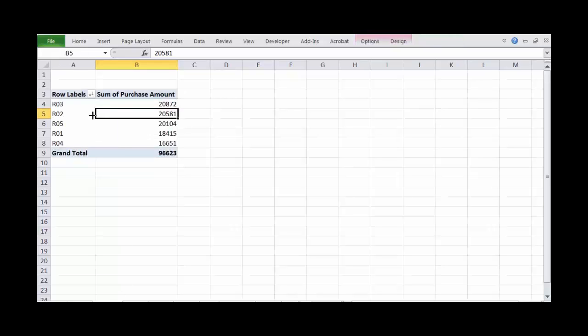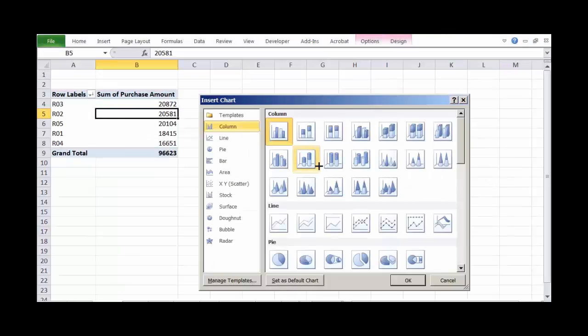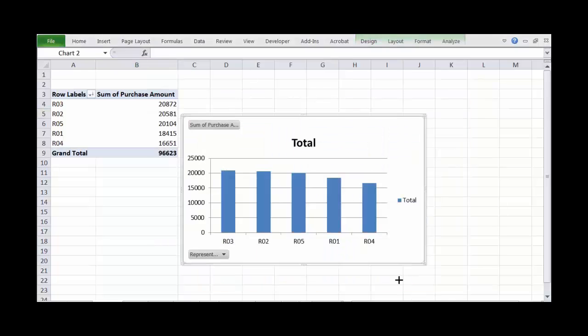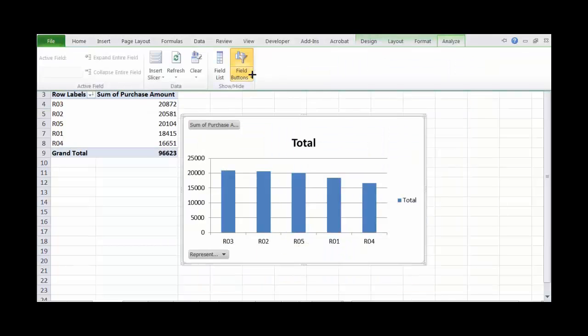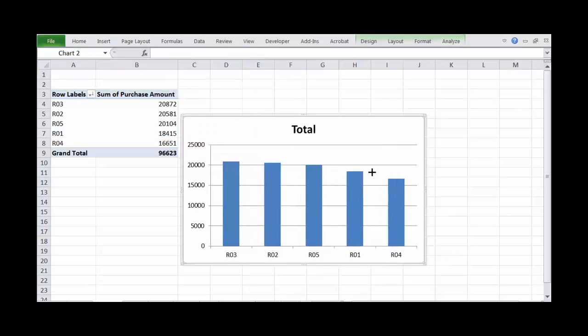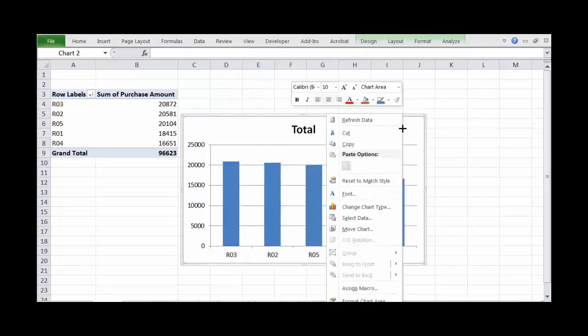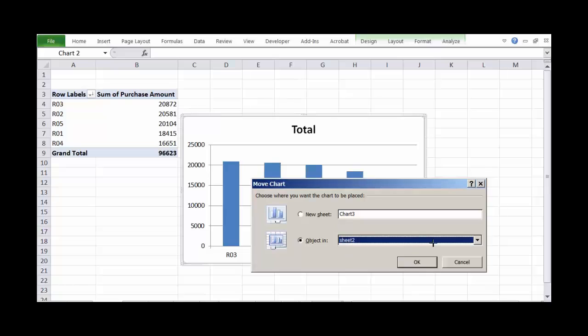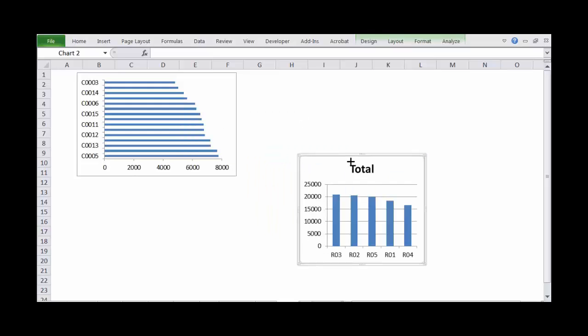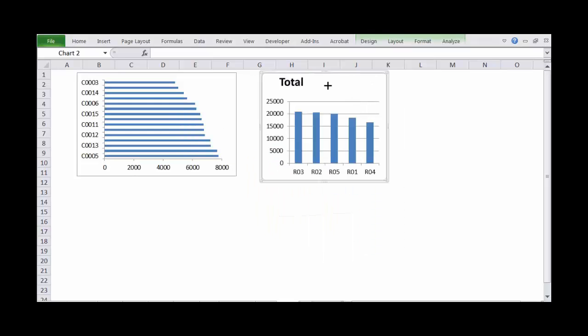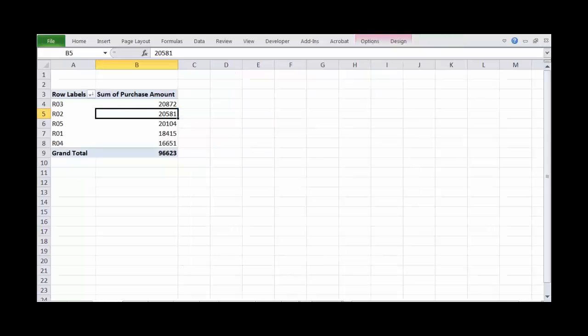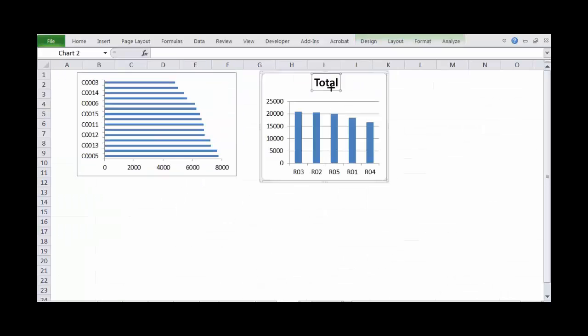What I will do is, I will move to sheet 2 and apply the same technique, make a pivot chart. Let's say we want to make a column chart this time. I will remove the field button. I will delete all these things. Let's say here we can say the values, and what I want is to move this to DB1 and I can say OK. So now this is the DB1, this is the value. This data is sales per rep, so you can put that heading.